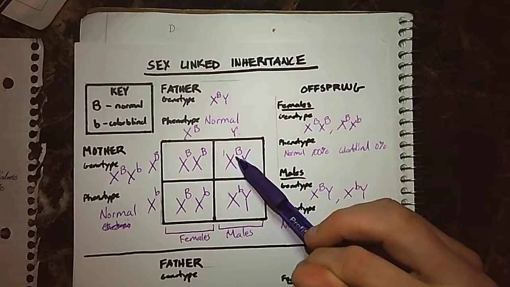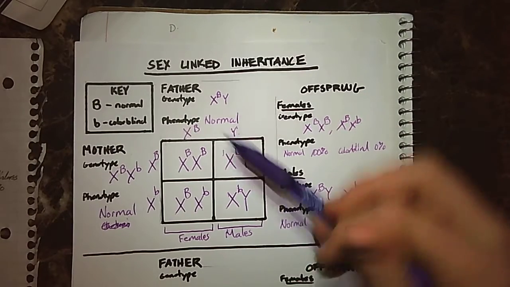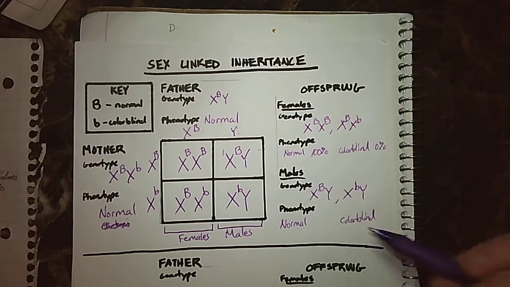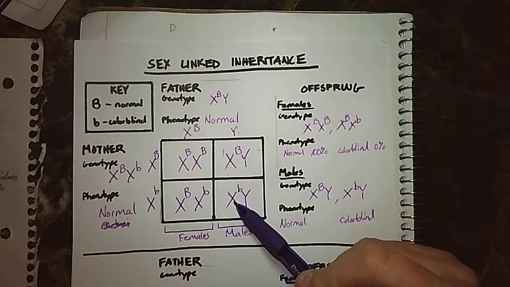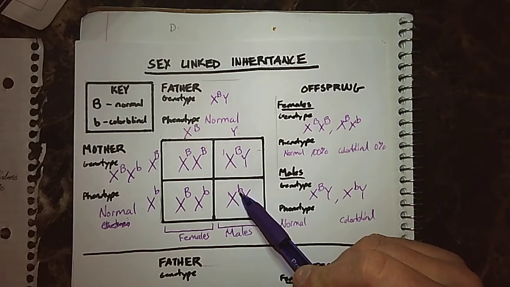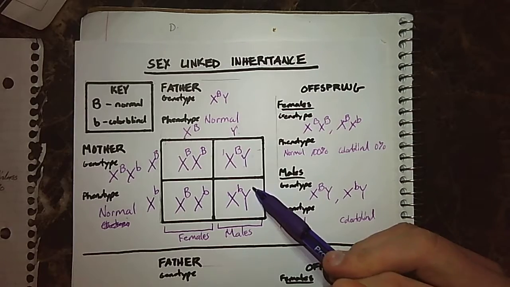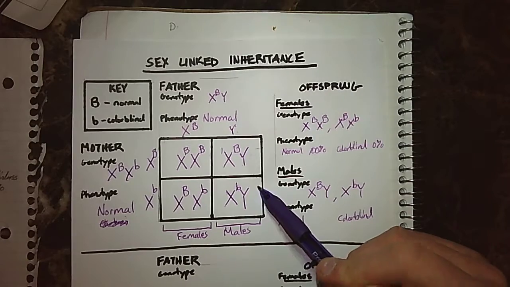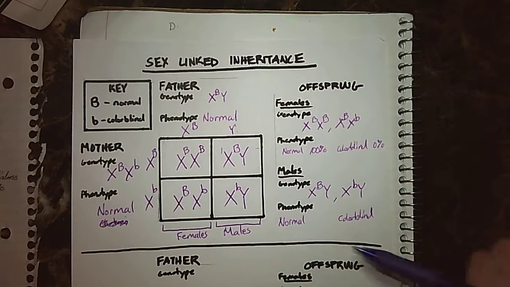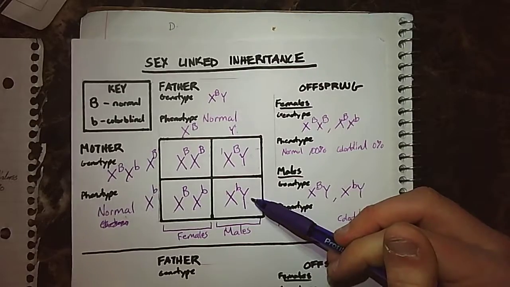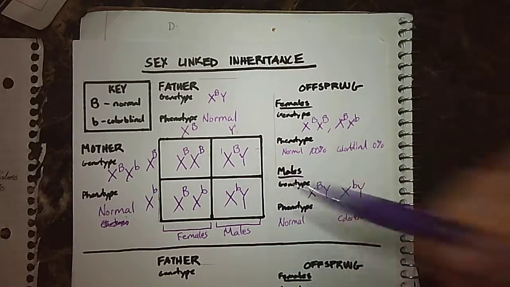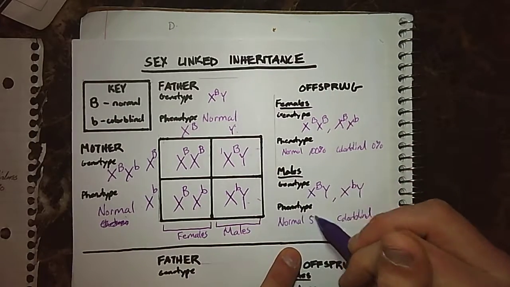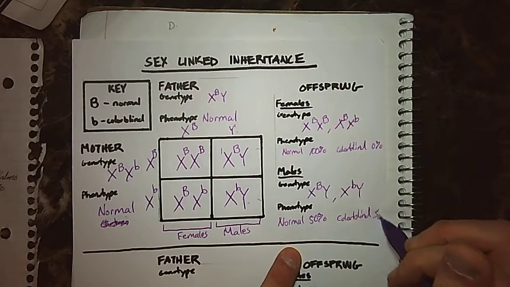For this box right here, if I have the big B that's dominant, that's going to get expressed, and my dominant trait is normal. So in this case, we would have a normal phenotype. And in this box, we have a recessive allele, and there's no other allele in this case. So just by having one recessive allele, since there's nothing here to mask it, it's going to be a recessive phenotype. So this person's going to be colorblind, and this box would be a normal phenotype. So I only have 2 boxes, 1 out of 2, 1 out of 2. It's 50% normal and 50% colorblind,